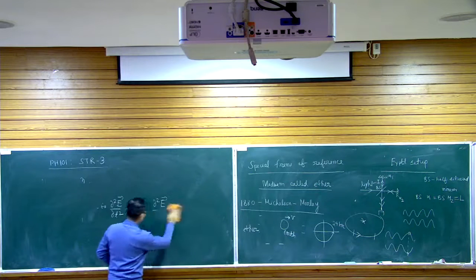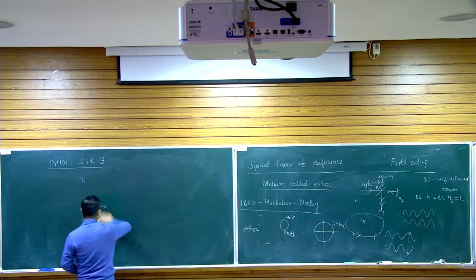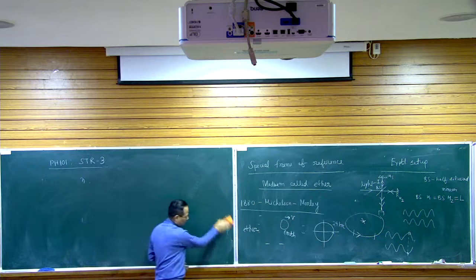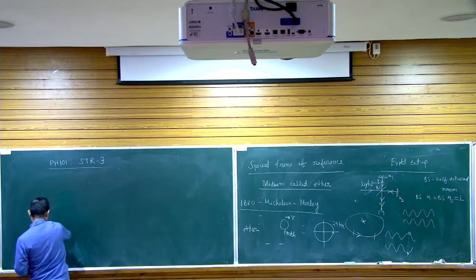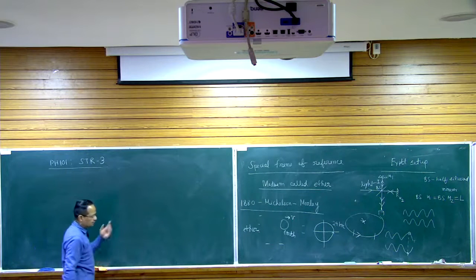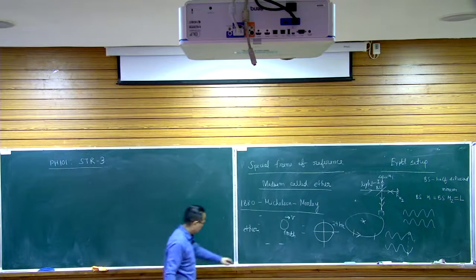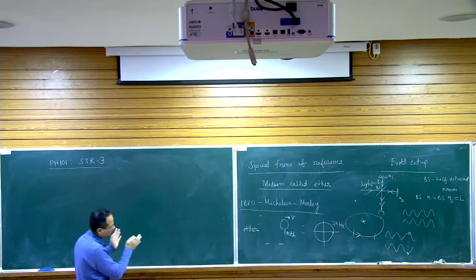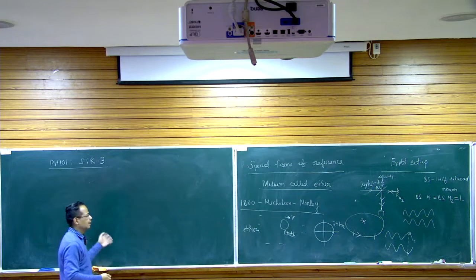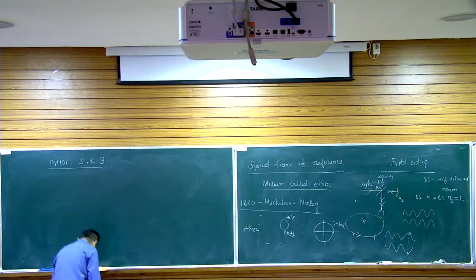By the way, you have seen that I'm using a green board instead of the whiteboard because it will give me a bigger area, but you have to let me know whether this is better or not. And if there is some issue with this one, then I will go back to the whiteboard. I will stick to the green board only if there is some clear advantage. Otherwise, I will go back to the whiteboard.